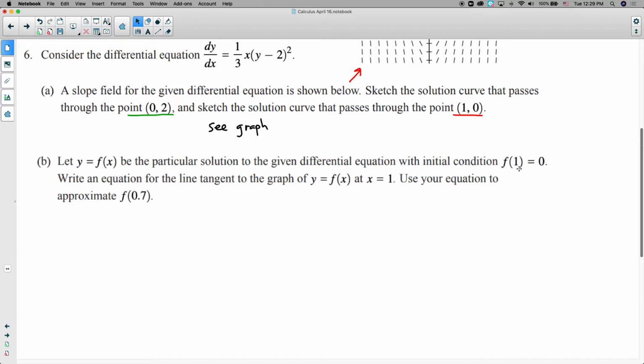Use your equation to approximate f at 0.7. Okay, so one thing at a time. Write an equation for the line. This sounds like an Algebra 1 problem, right? Find the equation of the line, and then they give us some information about the line. So one thing that they give us is a point that is on it. That is the point (1, 0). Well, we know when you put in 1, you get out 0. So then they give us a point on our line. So in order to find its equation now, we just need to know its slope,